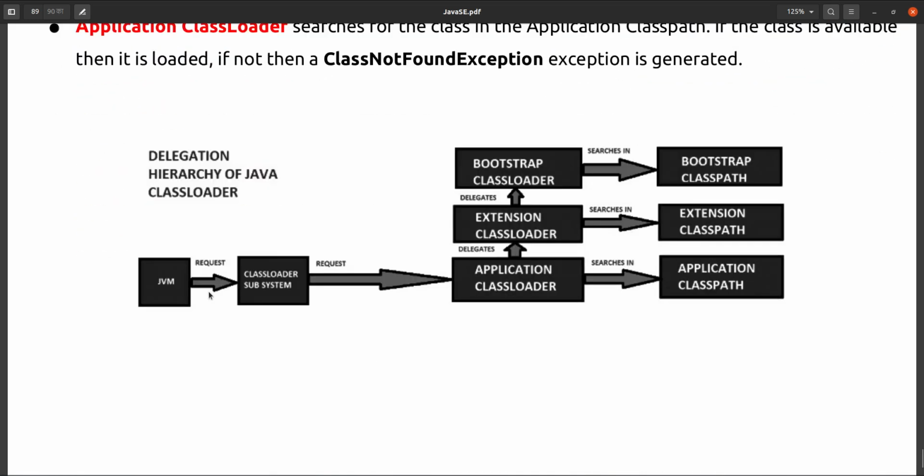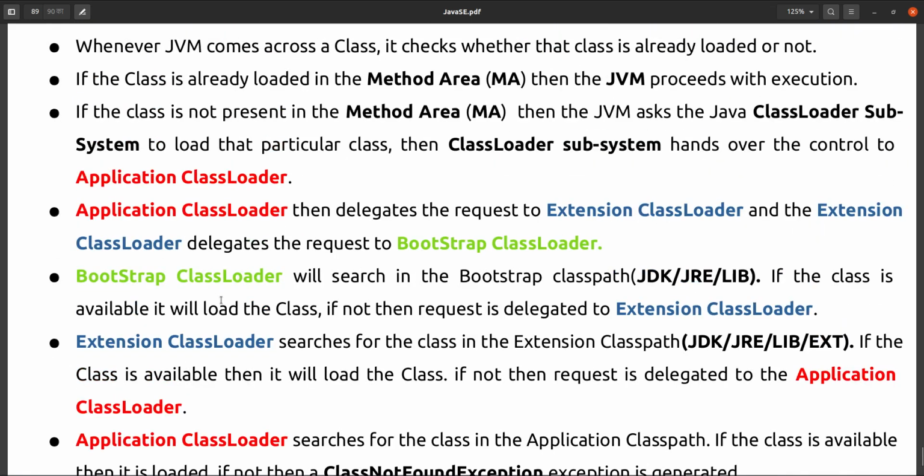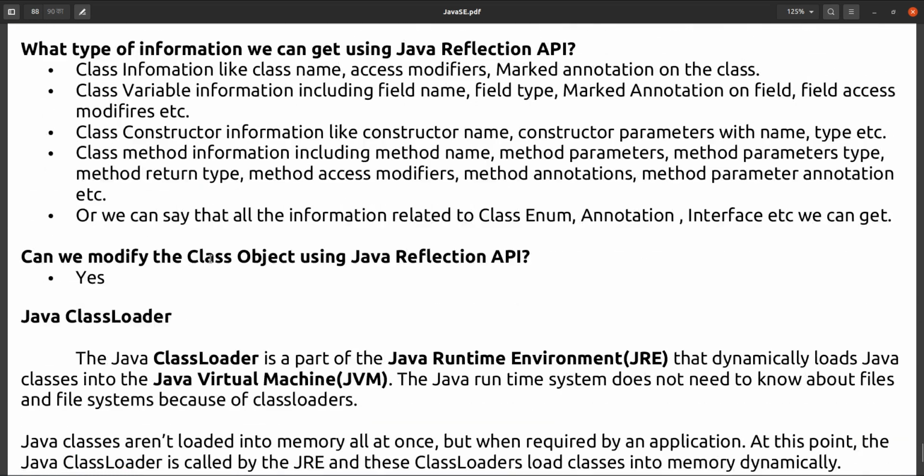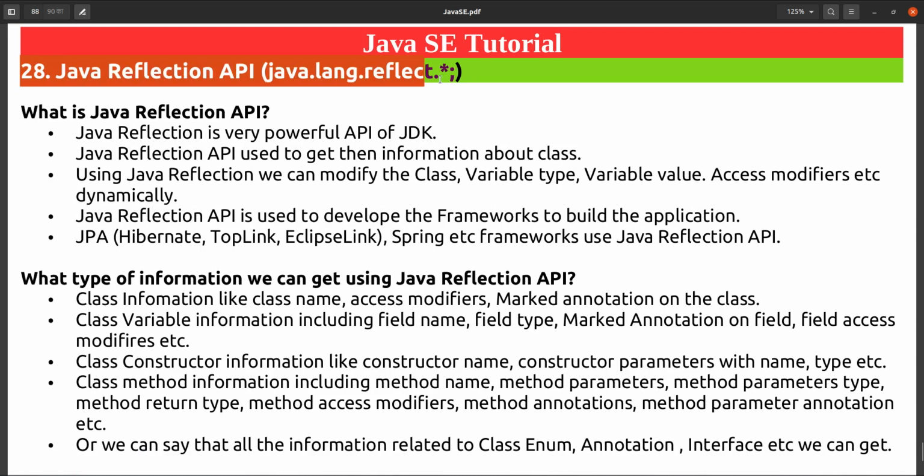But in the next session we will start with JDBC. Not JDK, JDBC, sorry. JDBC is nothing but Java Database Connectivity. So what is Java Database Connectivity? Suppose there are so many databases like Oracle, MySQL, PostgreSQL. Why are those databases built? Because those databases are used by applications to store data. So how can we use them? We can use the database using JDBC only.